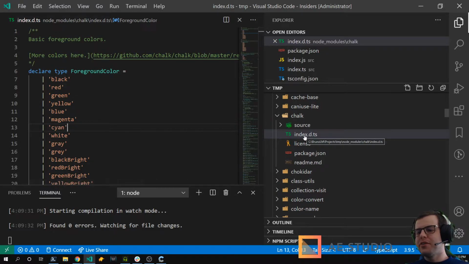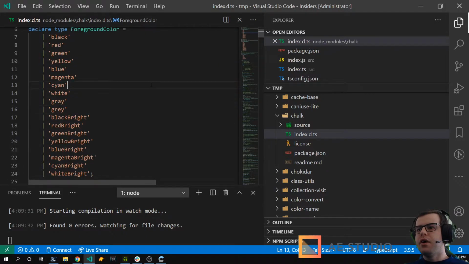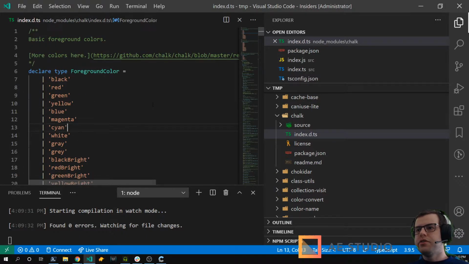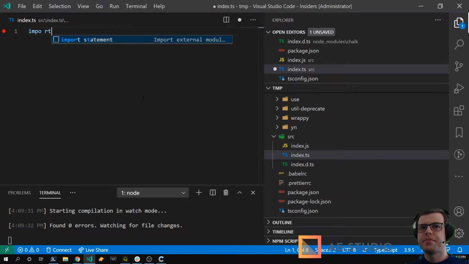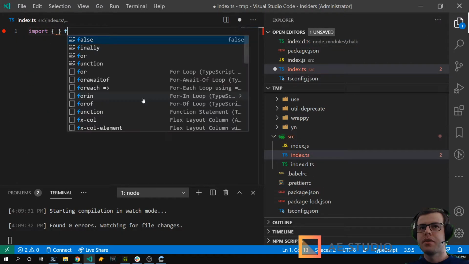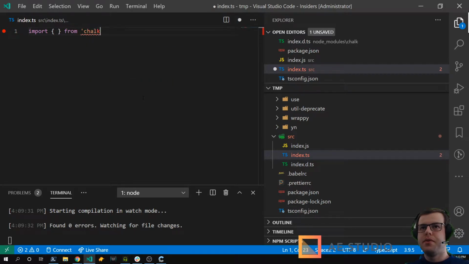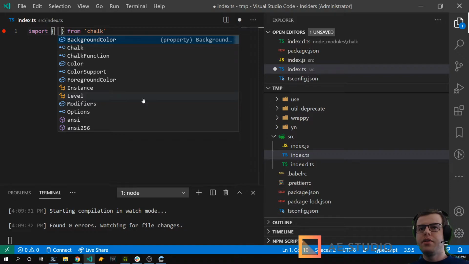This .d.ts is an extension for the types. So we have here all the definitions for the Chalk package. If I try to import something from Chalk, it gives me a list of everything that it has, because it knows all the types and all the objects.